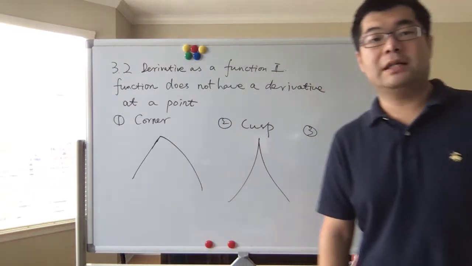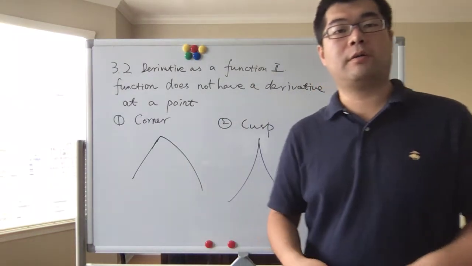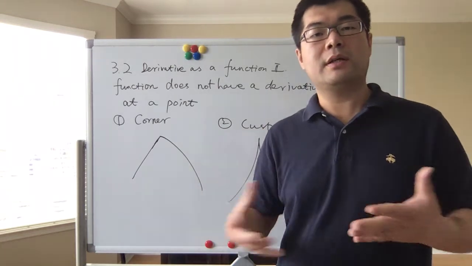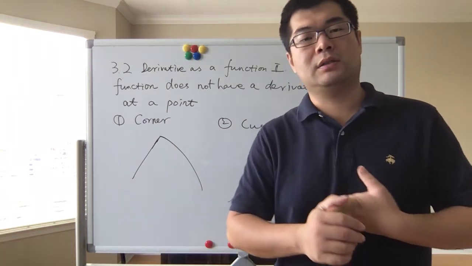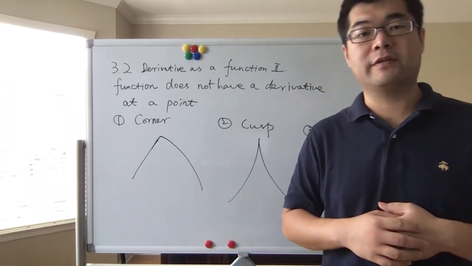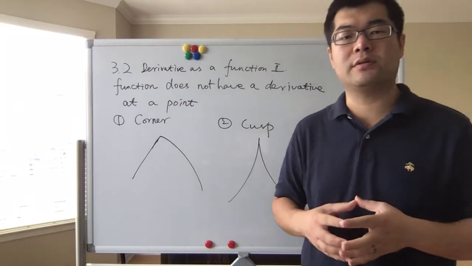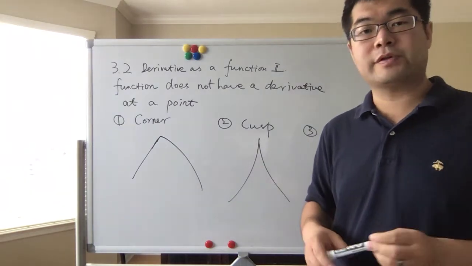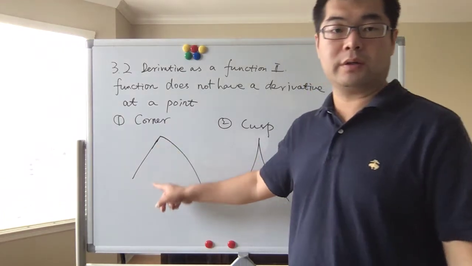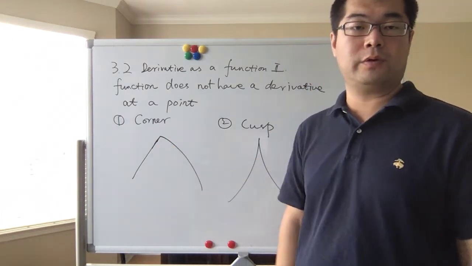All right, so let's move on to talk about when does a function not have a derivative at a given point? Okay, so there are a couple of situations here. As you can see, first of all, when you have a corner like this, okay, when you have a corner,